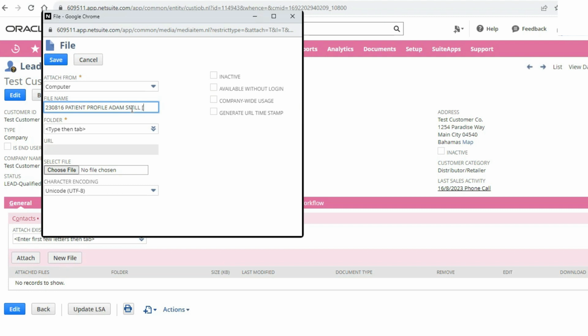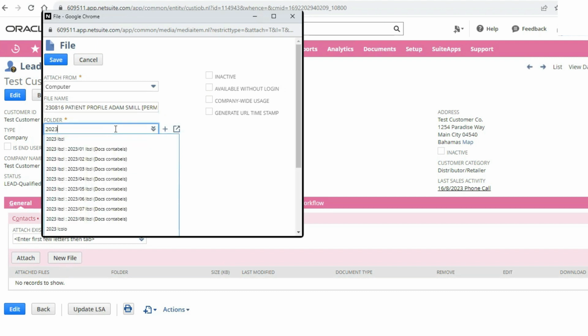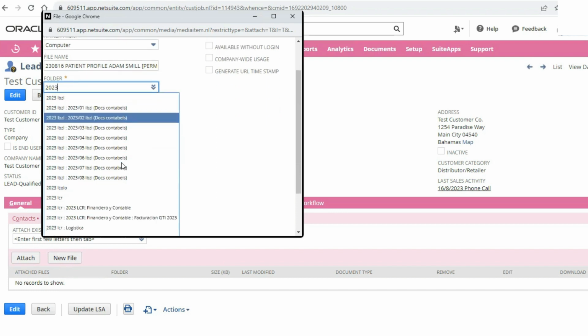You're going to add that to the end of your file name. This would not be one we'd need to keep forever, but just for demonstration purposes, I'm going to use that.